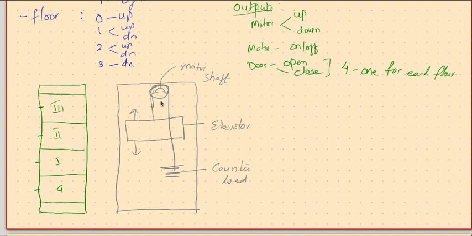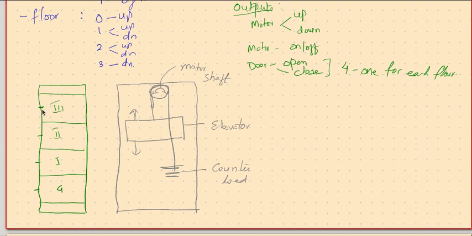Up means make sure to rotate the motor such that the elevator moves up. So from ground floor it comes to first floor. Then the sensor is checked. It says now it is in first floor. Where do you want? Third floor. No, continue. Now it is in second floor. Where do you want? Third floor. No, not yet reached. So continue.